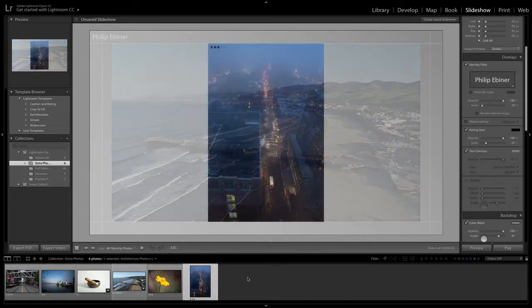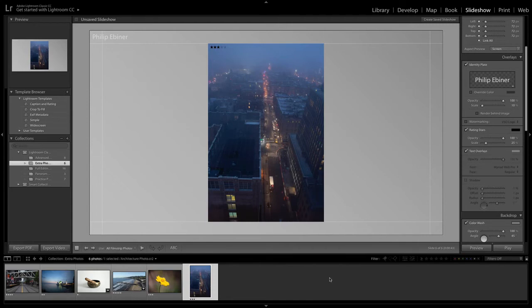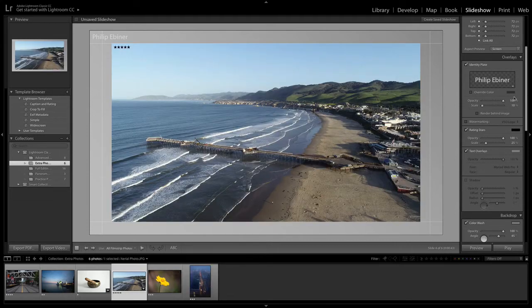I just went through and gave ratings to these photos with my 1, 2, 3, 4, and 5 keyboard shortcuts to show you that you can actually turn on the star rating for these photos. So this is kind of cool if you are doing some sort of photo critique or something for yourself or for students or really anything to show that star rating.